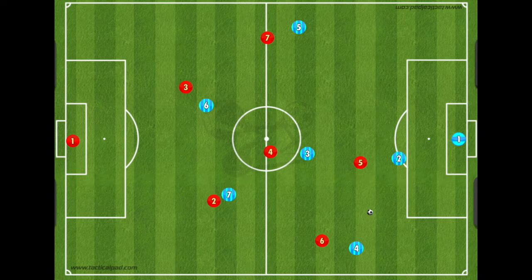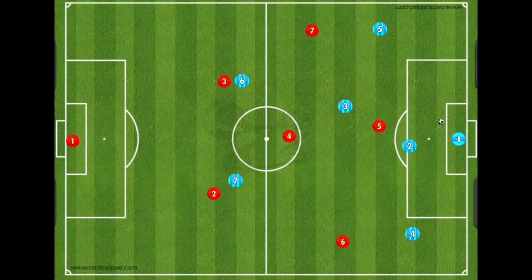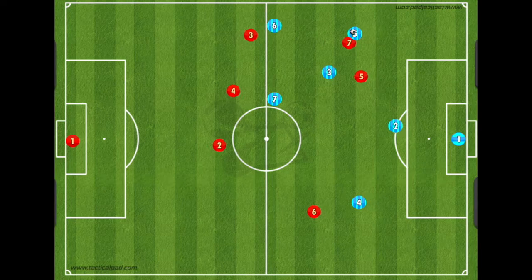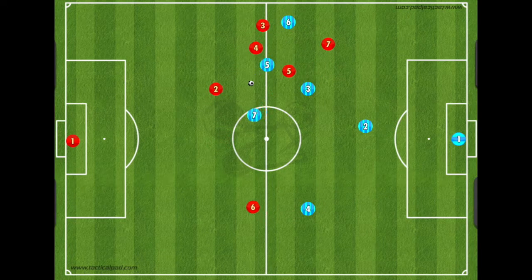mid. Now the left mid is pressed in, the center back is also pressed in, so he decides to go back to the goalie. The goalie plays wide to the right mid, who then decides to play the ball down the wing instead of to the middle. He does a 1-2 run which forces multiple players to commit to him, which opens up number 7 for a